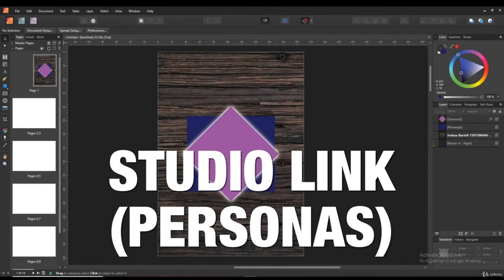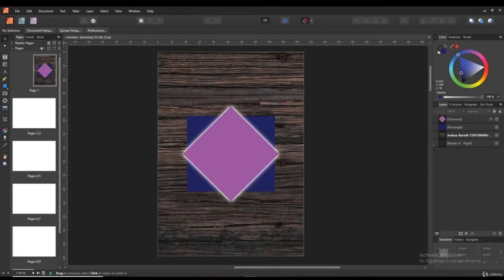Okay, let's now talk about Studio Link and what it means. It's a very powerful feature available for Affinity software. In this case, we're talking about Affinity Publisher, and it is an unbelievably powerful thing that I think is not even available for Adobe. It's like the Adobe Link but even more powerful. That means you can access Affinity Studio's Affinity Photo and Affinity Designer features from the Affinity Publisher software, presuming that you have purchased these two